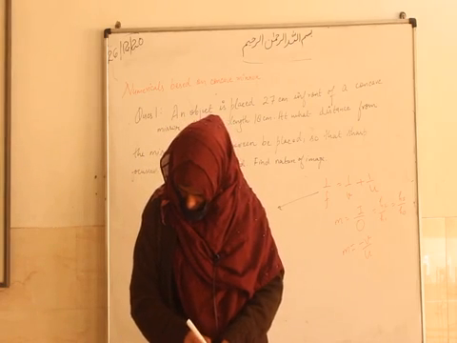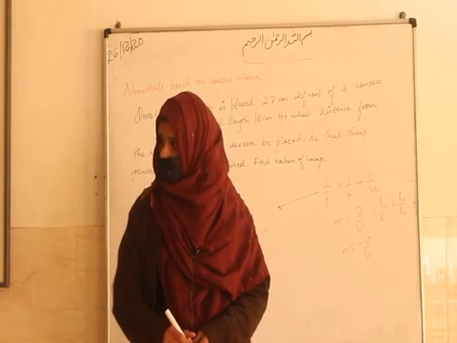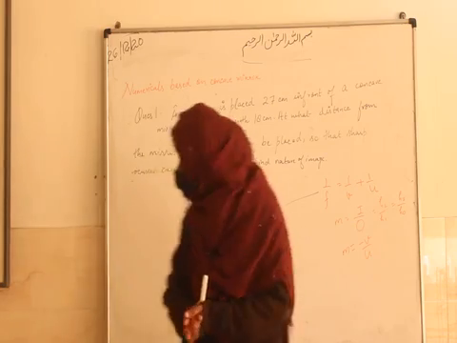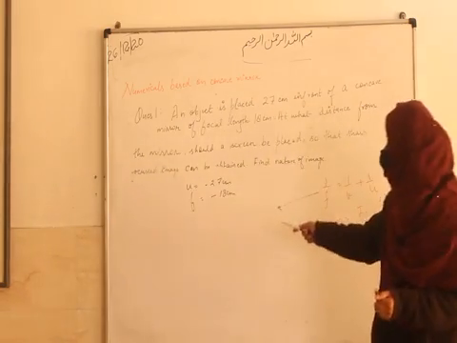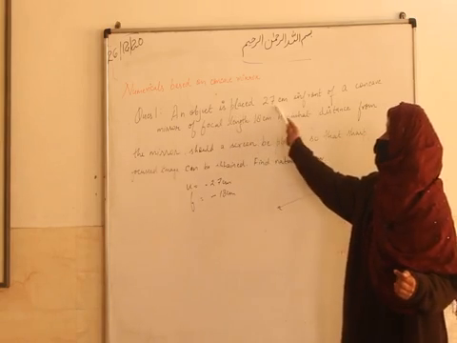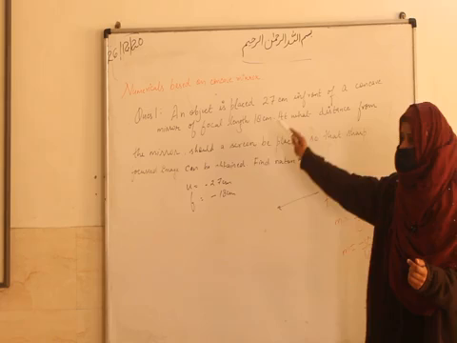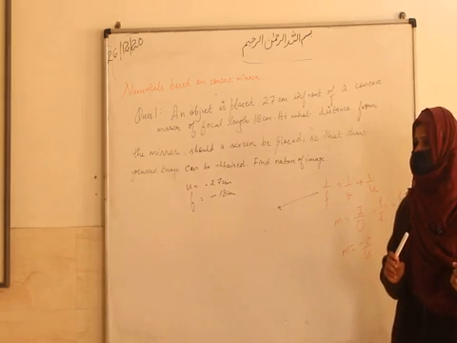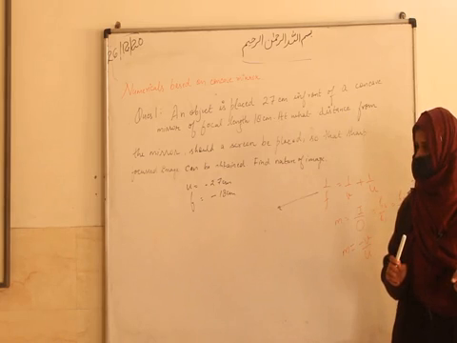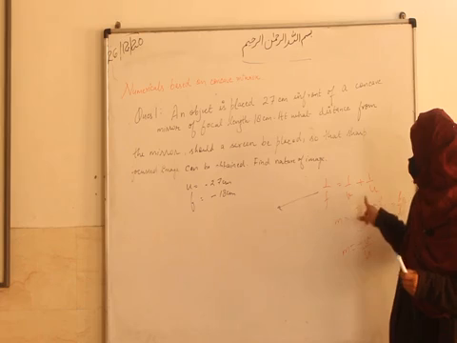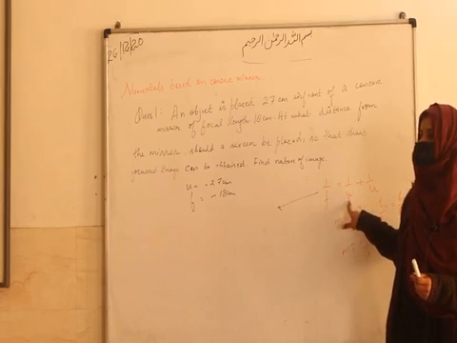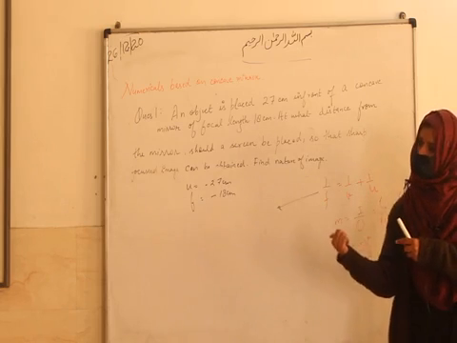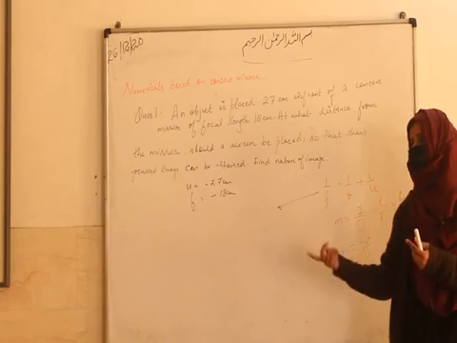And v is the distance from the pole. A distance is always considered from the pole. You have to find v. u is given, the object distance is given. An object is placed 27 centimeter in front of a concave mirror. The object distance is given, you have to find out v. You will find the image distance here. u is not the image distance, v is the image distance. Consider it like initial and final velocity. Final means image, and u is like the initial velocity. So this is the object.